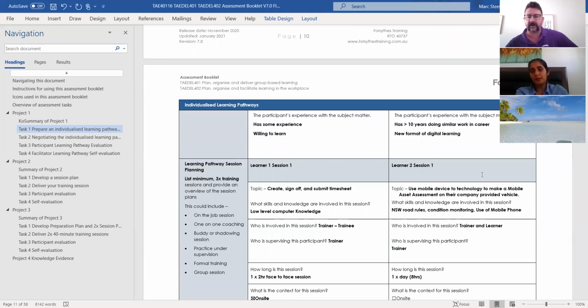The skills and knowledge involved in this lesson will be, as you've been with us for 10 years, I know you've been driving for at least 10 years. So New South Wales road rules, some condition monitoring, just being able to monitor the condition of your vehicle, and the use of a mobile phone, which I know you can also use quite well.